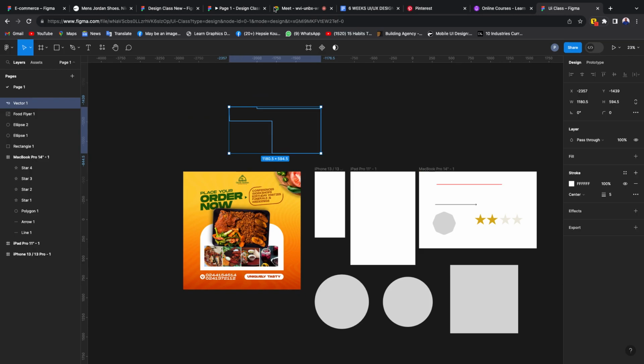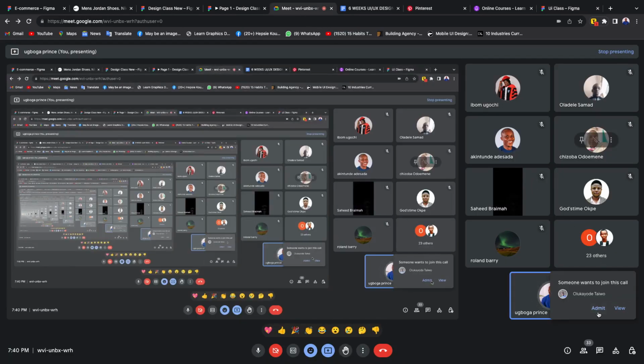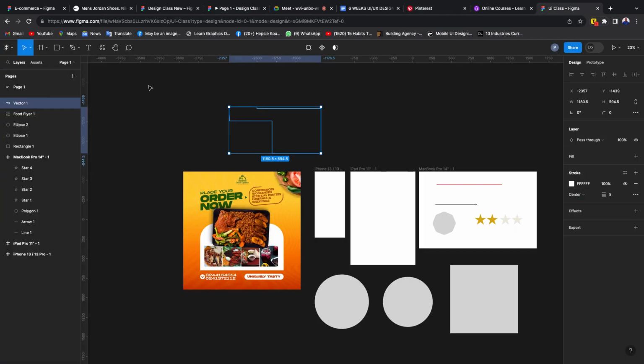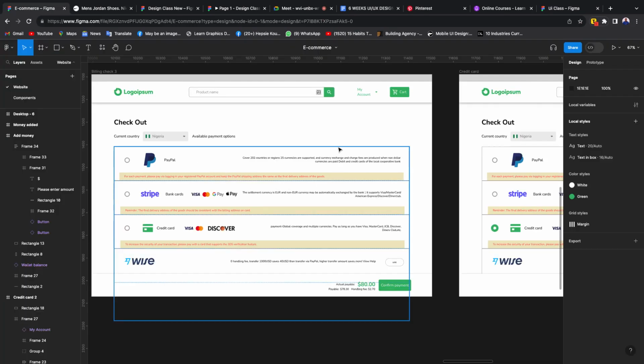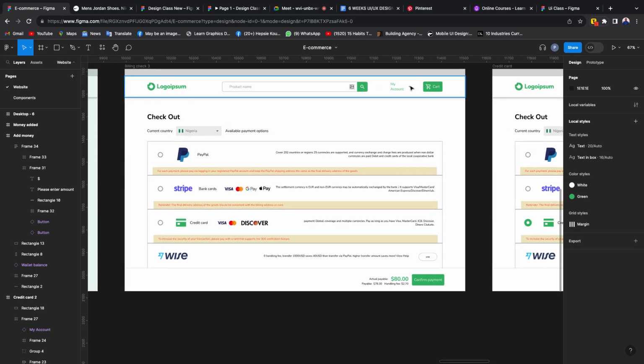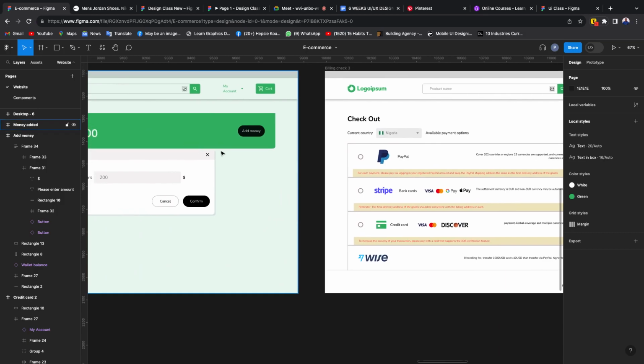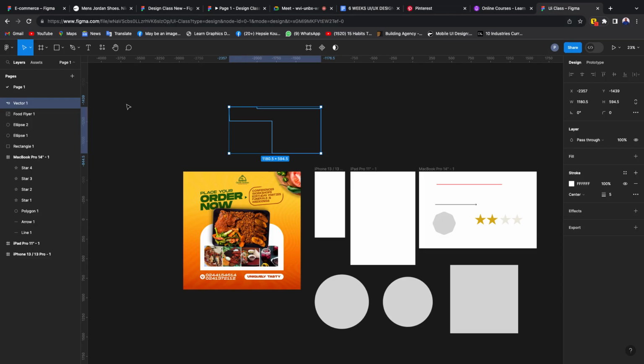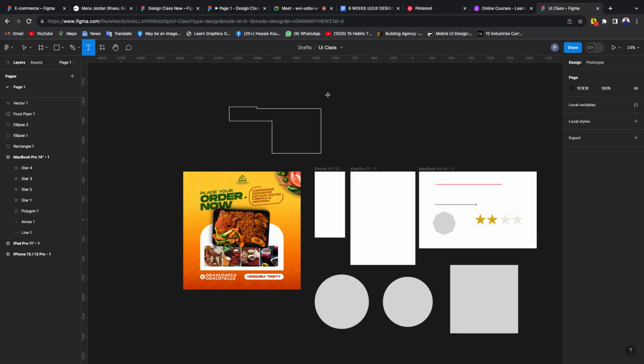Then the next vital tool we need to learn about is text. Every website or mobile app has text, right? So the text tool helps you to write. On this website I'm designing, you will notice plenty of text: available payment option, checkout, current country, the logo, my account. You can't overemphasize the need for text. So how do you get text? You click on this T sign here, and I'm going to type